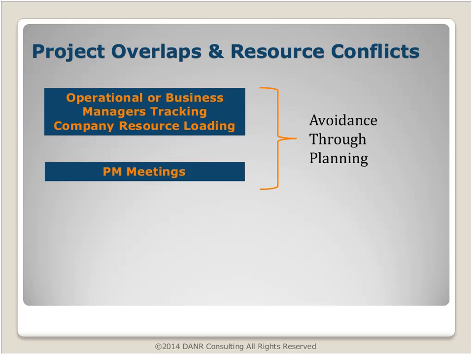Some integrators have an operational or a business manager who tracks company resource loading and has the capability to identify that in the second week of December, engineer A is going to have 90 hours of work spread out over 3 different projects. And when that situation is identified, adjustments can be made, maybe to the work assignments, to the timing of the task, or maybe other resources can be reassigned to help. But however it's done, it gives you the option of making adjustments ahead of the conflict, of the issue